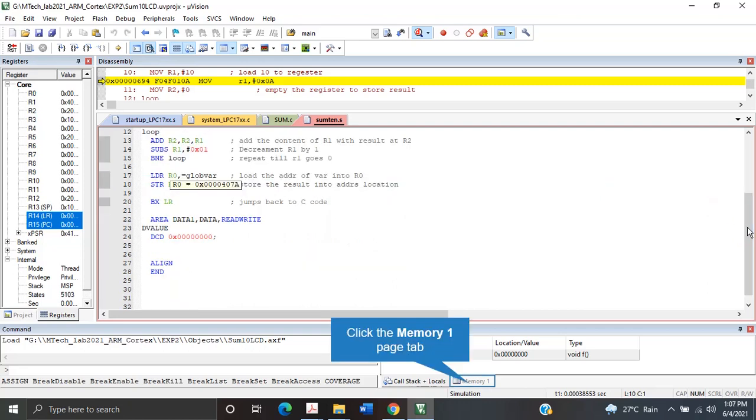And note that whenever you are declaring AREA DATA, and data1 is a label, DATA is the type of memory you want to check out, READWRITE is the attribute. 0x00 is just whenever you include this, whatever the number of words you are declaring over here, because you have stated DCD, so there will be DCW and DCB that can also be used. The define code byte, define code word, and so on. So half word, full word, everything can be defined. So it is always better to define code words. So that means you are using 32-bit numbers.